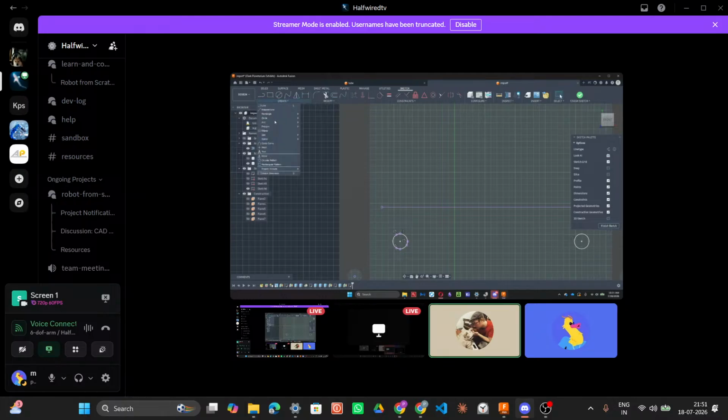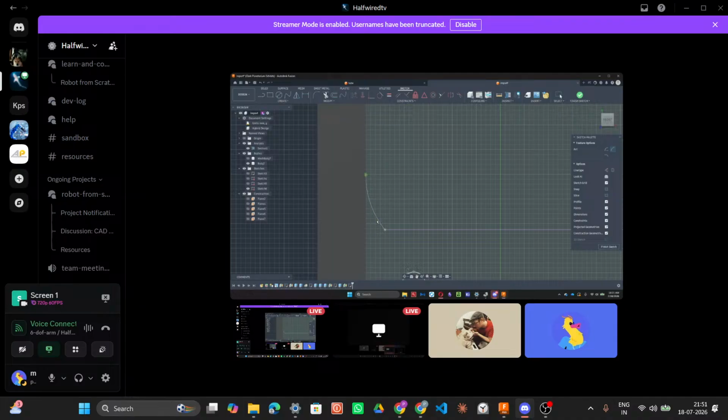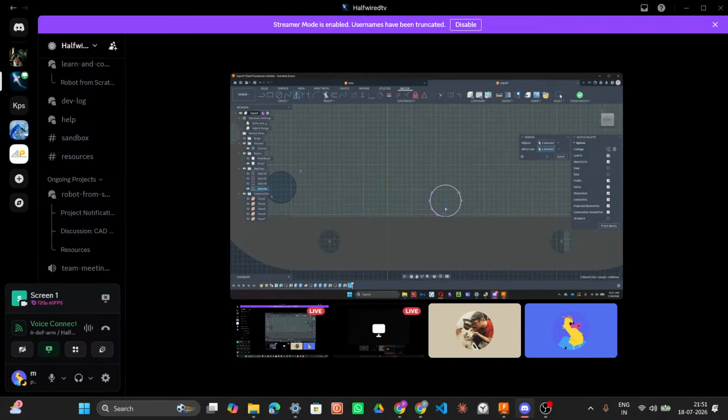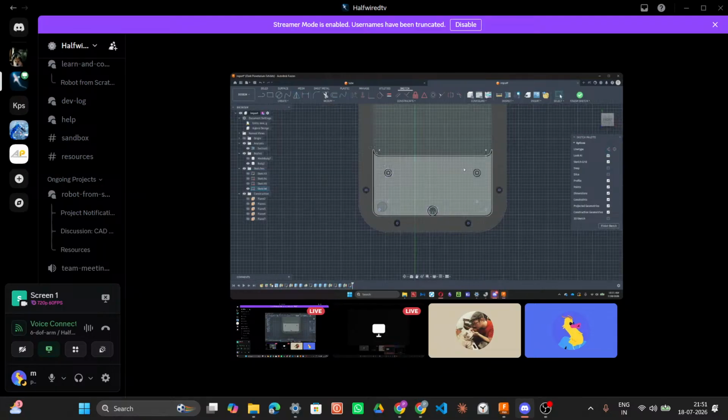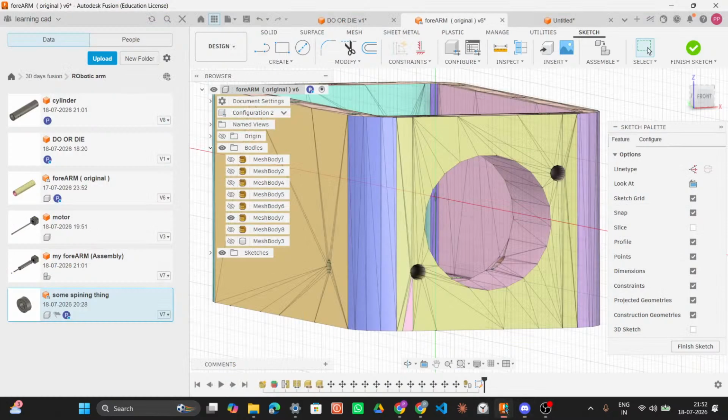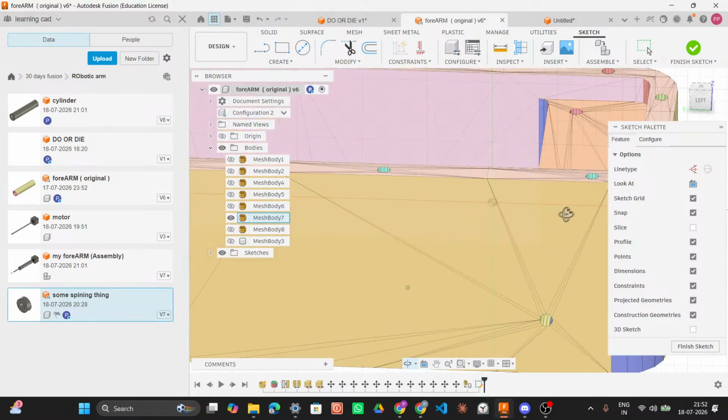And then the only other thing we really need is that radius here. I'll just extrude that to there, join it,